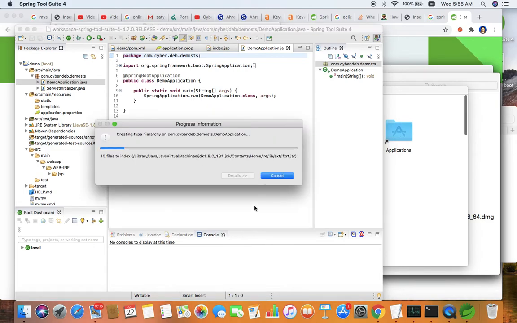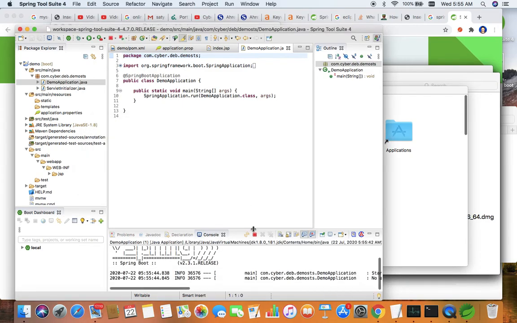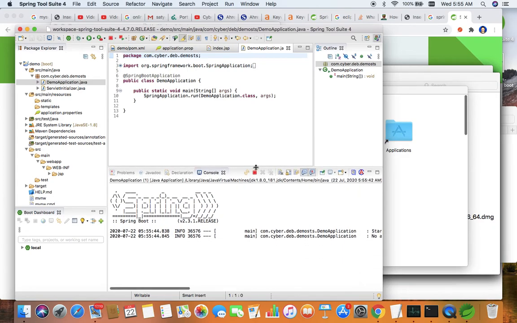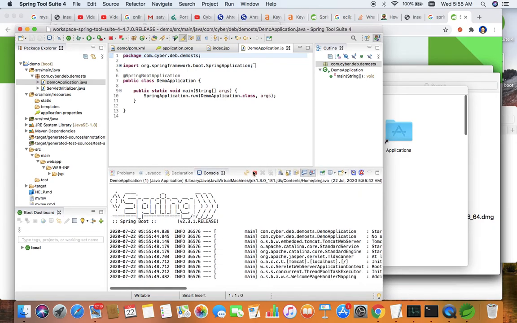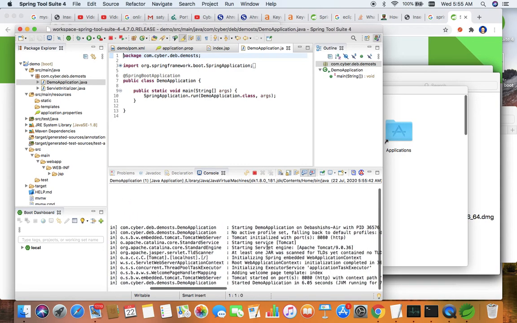So this is going to build the project, and as well as it will run the project. Now if you see this, Tomcat started on port number 8080, you can go to your favorite browser.